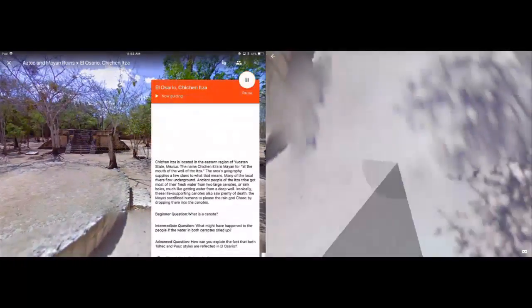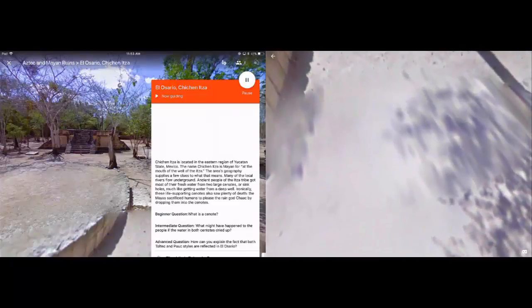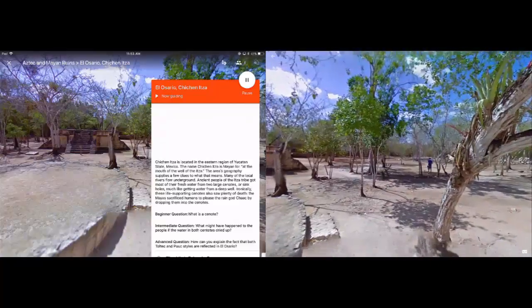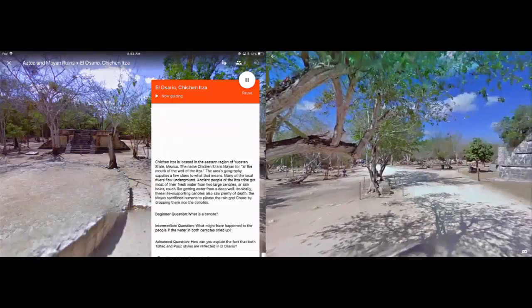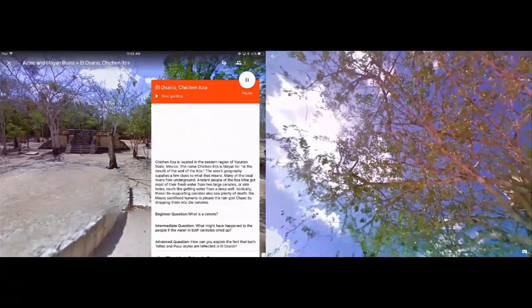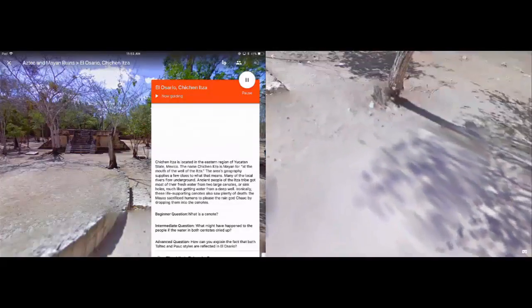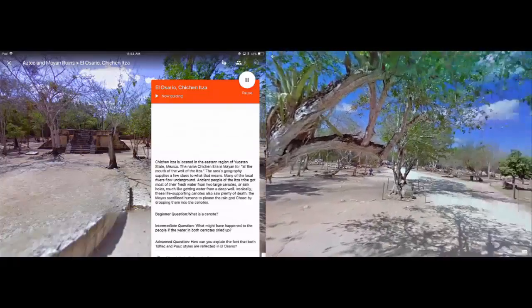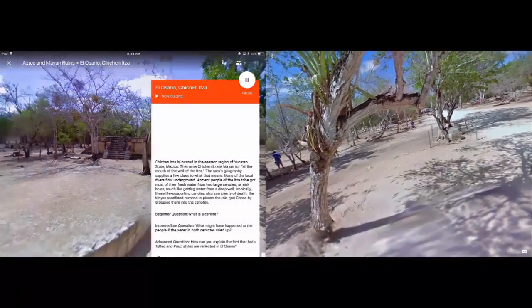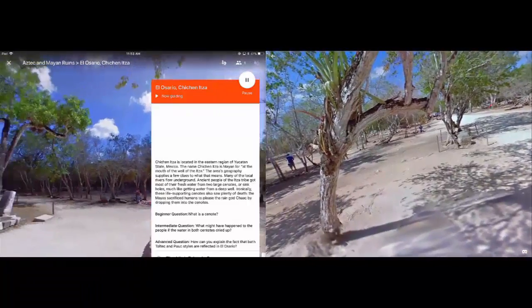Now a couple of things to notice. At the point I start, the student iPad points right to the ground because I have it pointing down, so I'm going to just move it. For the student iPad, as I physically move the iPad around, it can look in any direction, including straight up. If I look straight down, it gets a little fuzzy, and not that there's much to see on the ground, but I can look around and see these. The teacher iPad, however, I have to actually scroll around using my finger.